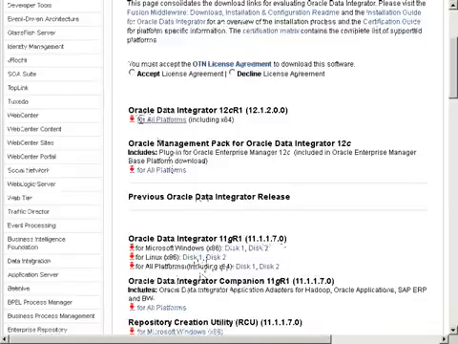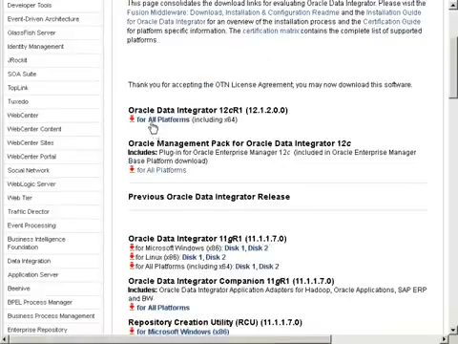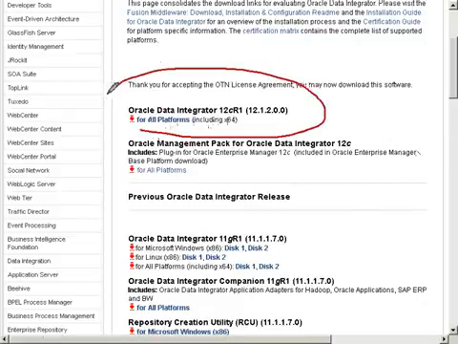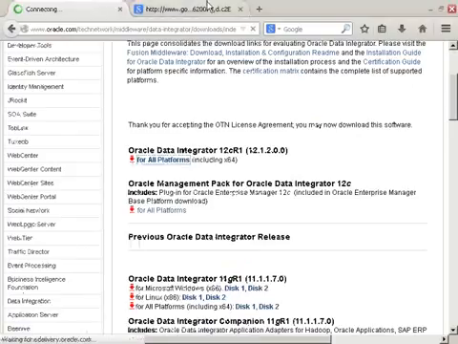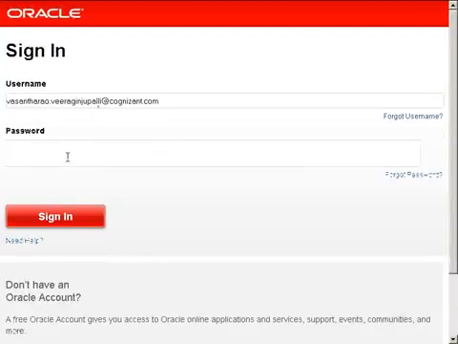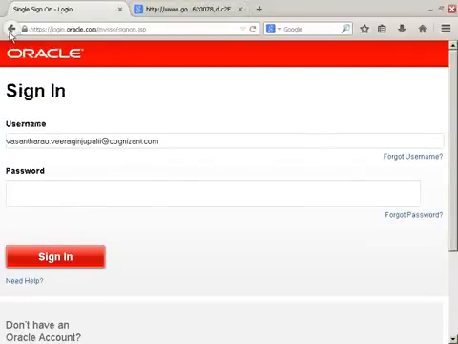If you expand all the platforms available here, do I have something like Windows 32-bit, 64-bit? Only one setup is available or are all different things there, sir? Only one is available. If you click on this, it is going to ask your username and password. If you provide your username and password, single sign-on, that's it. We are going to download it.